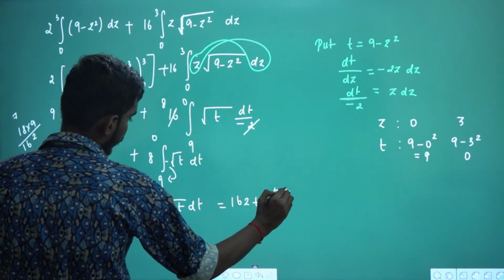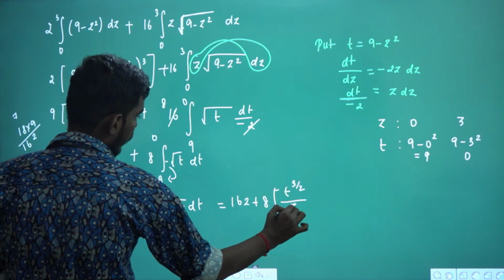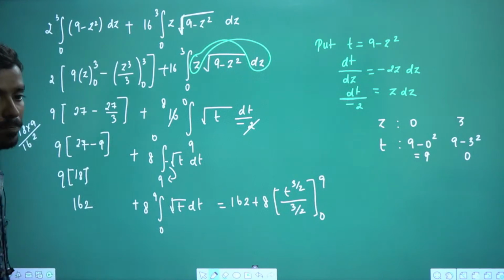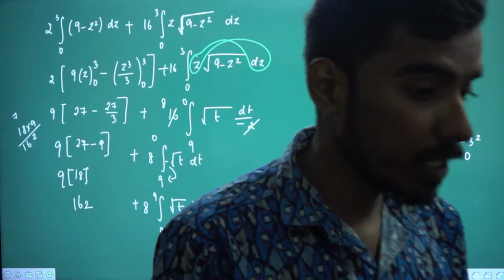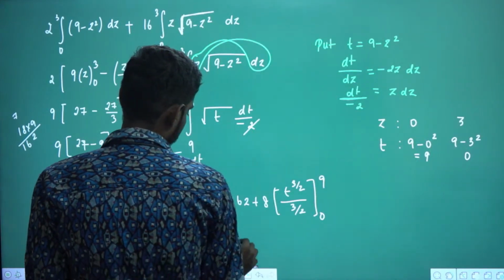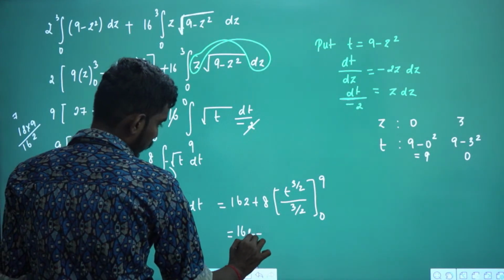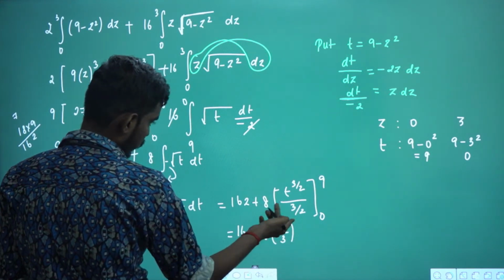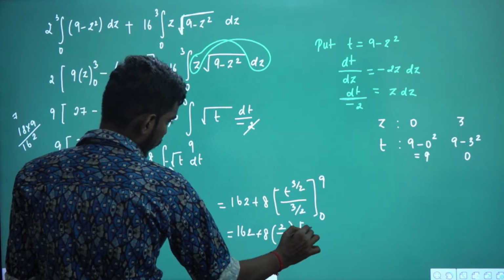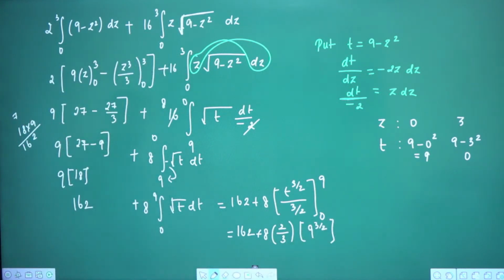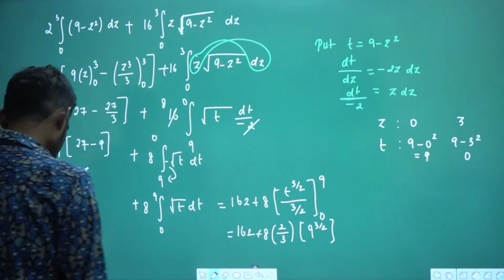So t power 1 by 2 integration is t power 3 by 2 by 3 by 2, 0 to 9. Right? So t power 1 by 2 is t power 1 by 2 plus 1 divided by 1 by 2 plus 1. So this will be 162 plus 8 into, so 3 by 2 will become 2 by 3. This will be 9 power 3 by 2, right? Upper limit minus lower limit. So this will be,